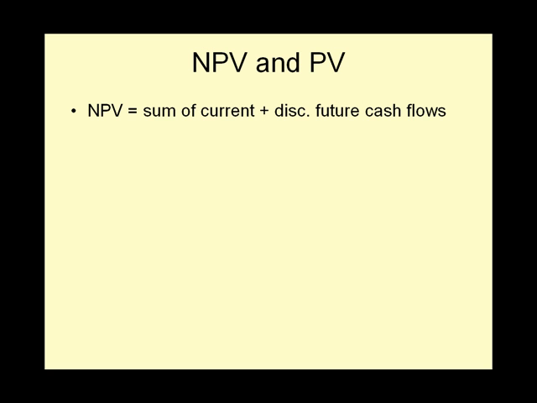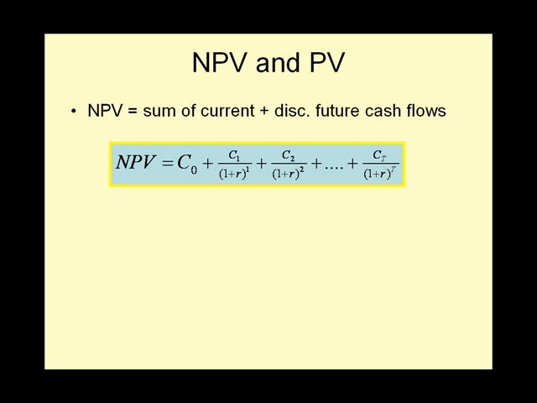NPV is an extension of present value to include the cash expended in year 0 that represents the initial investment in a new project or business line. Here's the NPV equation. Notice that we've added a term to the present value equation. Right here at the beginning, we now have C sub 0, which